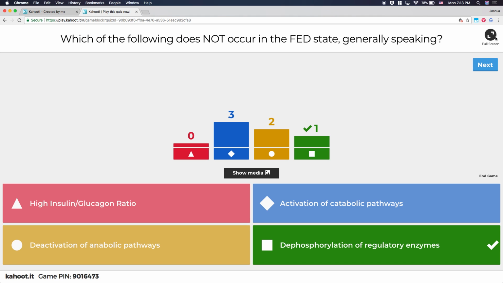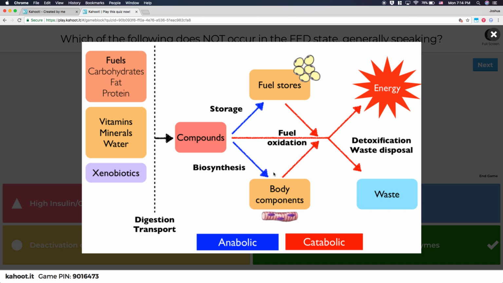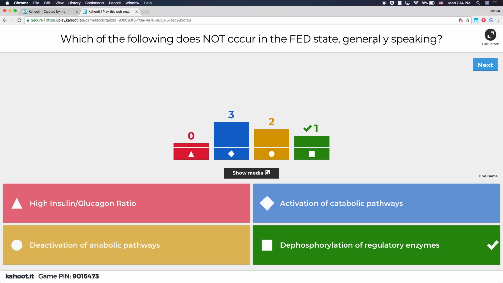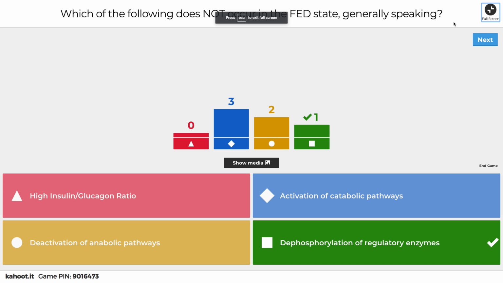I'm confused. Activation of catabolic pathways. No, it's correct. I'm correct. You see the question is the deactivation, which does not occur in the fed state. So in the fed state, what occurs? Right? In the fed state,